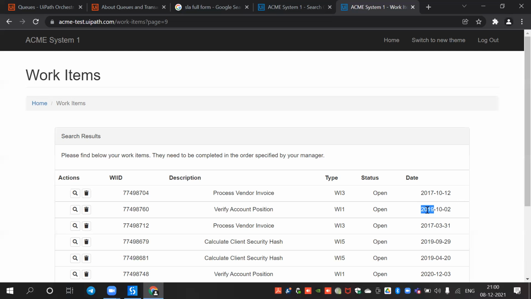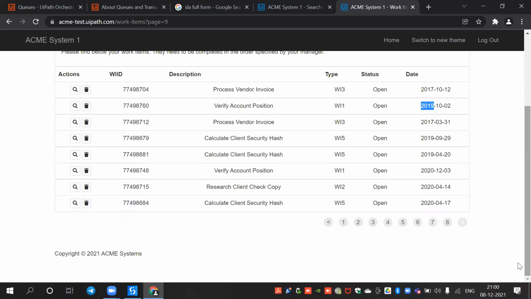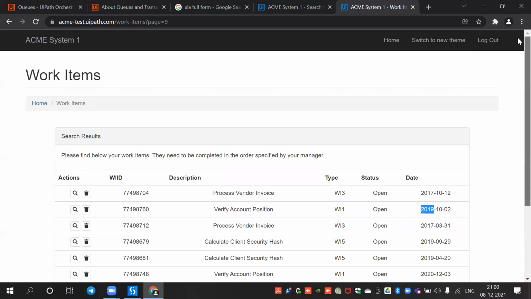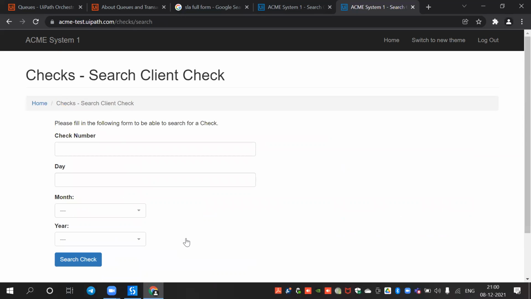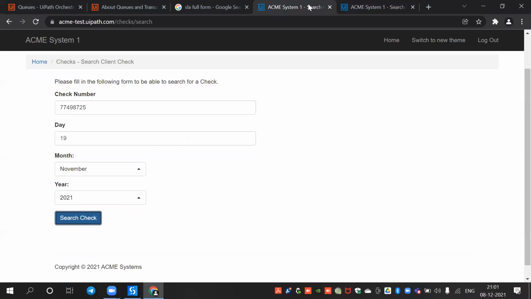Okay, once it is done, you will filter it and keep it in one data table, and then just click on home again. Here there is a checks option, and click on search for checks. In the search, the check number is nothing but,